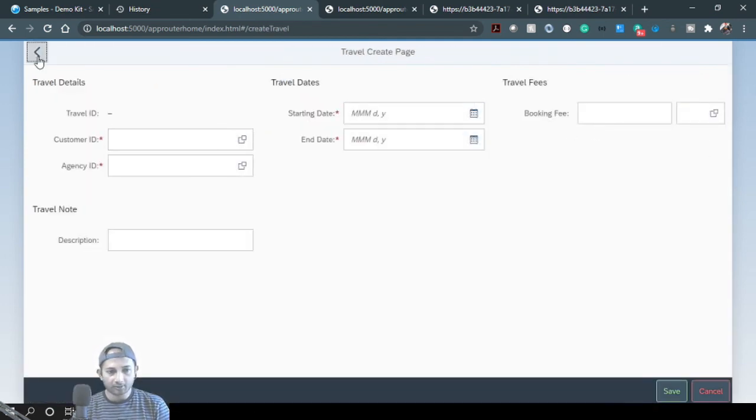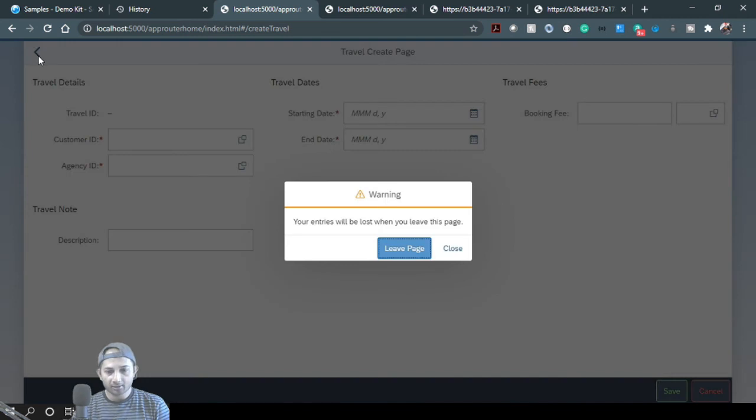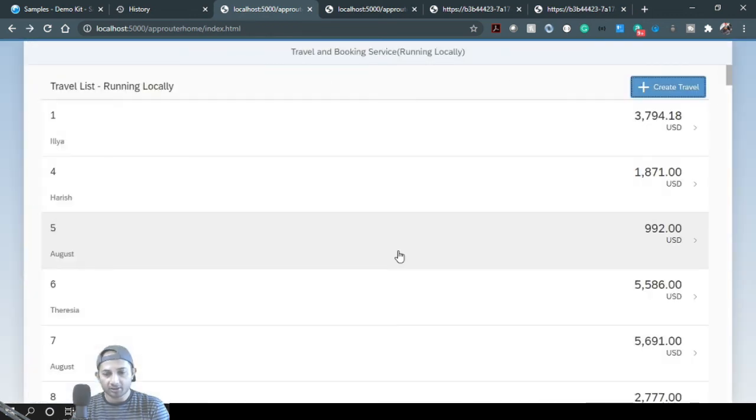So now click on the nav button. Yeah, see, the nav button is actually asking that there is some context I have created and I'm not saving it out. So do you want to leave this page? If I click on Leave Page, it is removing this context from the OData model